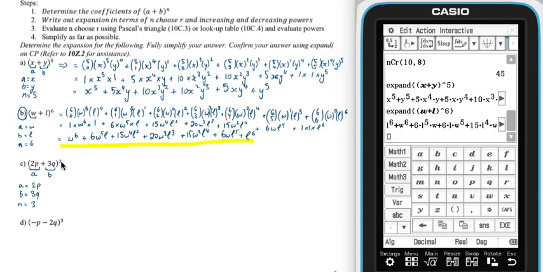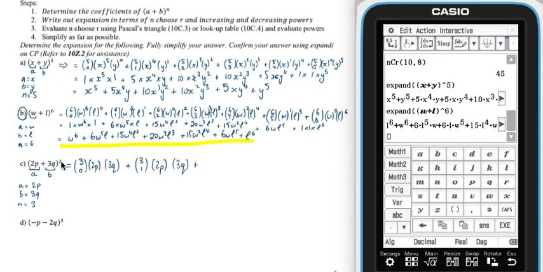So we're going to write this out. Now we've got n as being 3, so our first one is 3 choose 0. And then we have our a as being 2p, and our b as being 3q. And I'm just leaving a little bit of space between these brackets so then we can fit in our powers later. Then I go plus 3 choose 1, close bracket, 2p, bit of space, 3q, plus 3 choose 2,